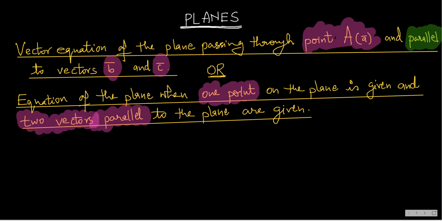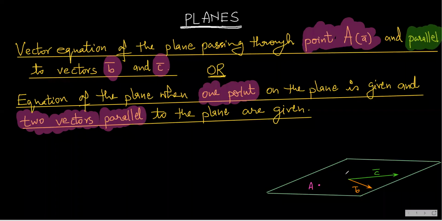Now this is something different from what we have studied. You notice in the last lecture I told you several times, to get the equation of a plane, the minimum required thing is one point on the plane and one vector perpendicular to the plane. So now I will draw the diagram for the given data. Here you have the required diagram.